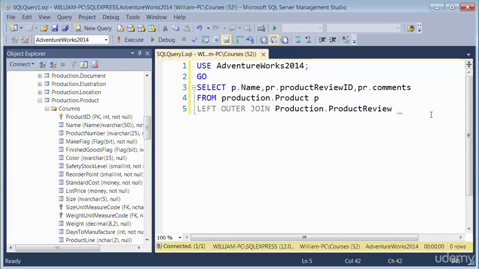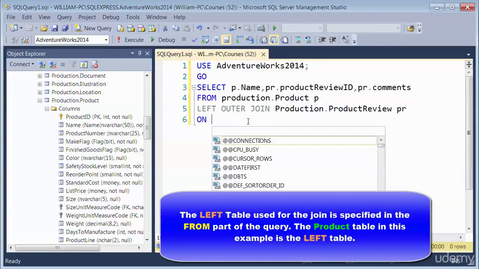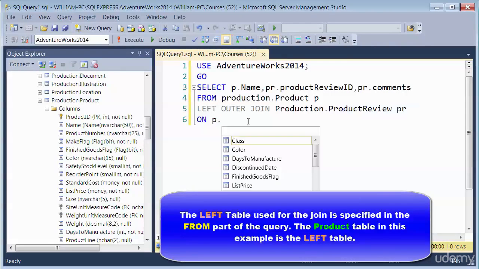Now I need to specify the alias, which is PR. Okay, so I've now specified the alias. If you notice, the squiggly lines have disappeared now because I have specified the alias there. So now I've specified the table I want to do the outer join on, which is the product review table. Then I need to specify the columns from the tables. Now that I've specified the alias, I'll use p dot product ID,